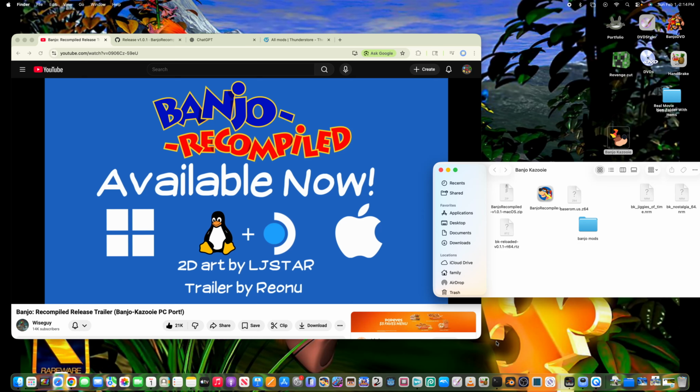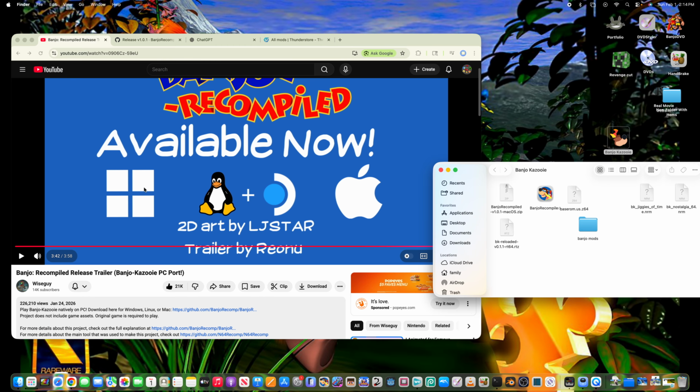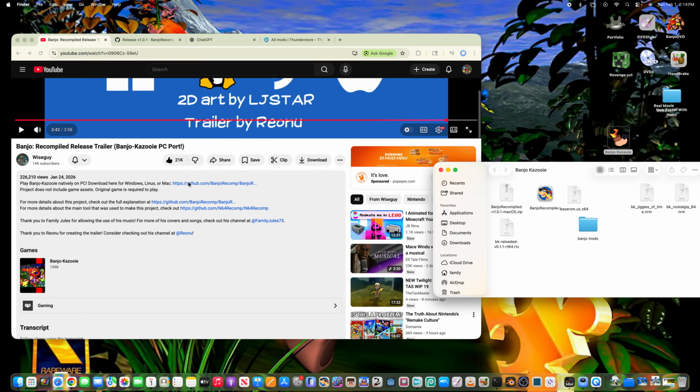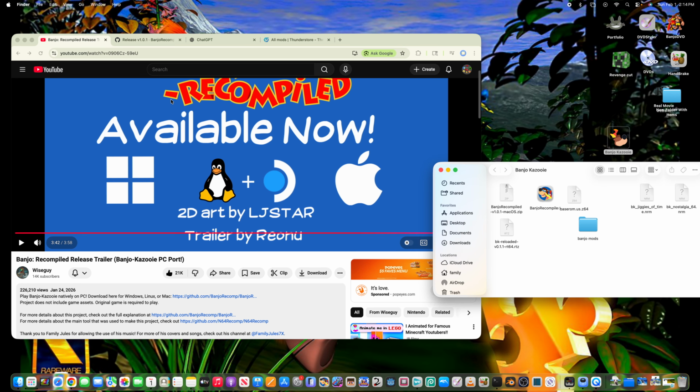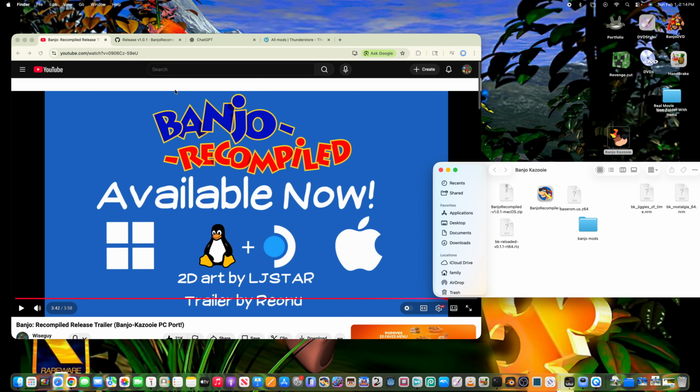Hello guys, what's up? Today I'm going to be telling you guys how to install Banjo Recompiled on a Mac. For most of the other PCs it might be a little bit more straightforward, but I'm going to be going over just the basics and then some little things that you might have to keep in mind. So the first thing you do is go to the Banjo Recompiled trailer by Wise Guy